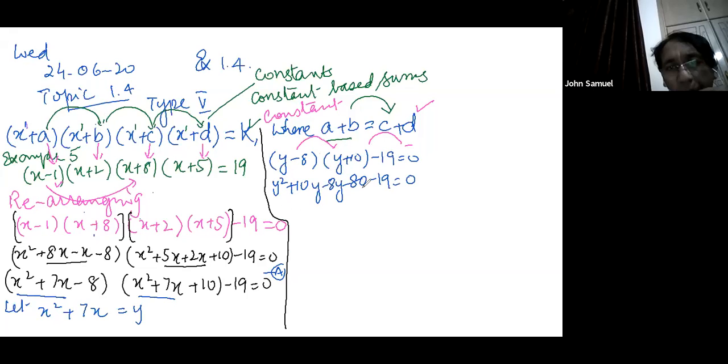We can make it shorter because it has four terms. One constant is there and the other terms are there. These are two similar terms, the extremes, the similar constants are there. We can add or subtract. Similarly, these two terms are similar. We can make it short. So we can write y square plus 10y minus 8y, this will become plus 2y, and minus 80 and minus 19, this will become minus 99 is equal to 0. If you look carefully, now this has changed into standard form.